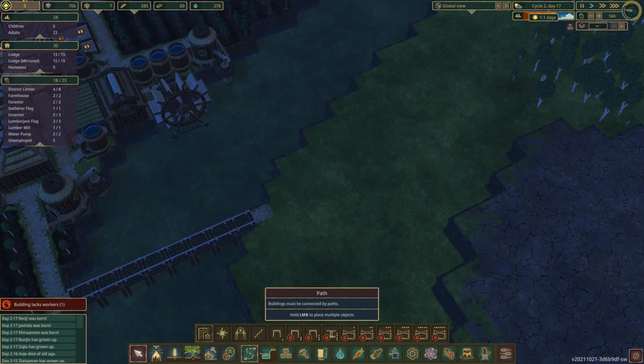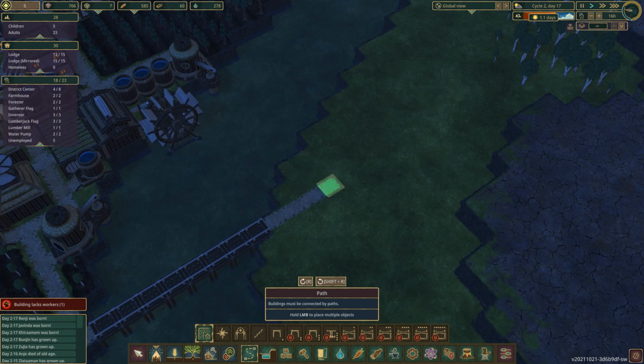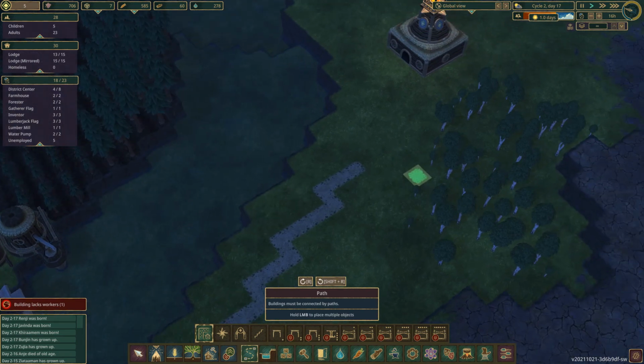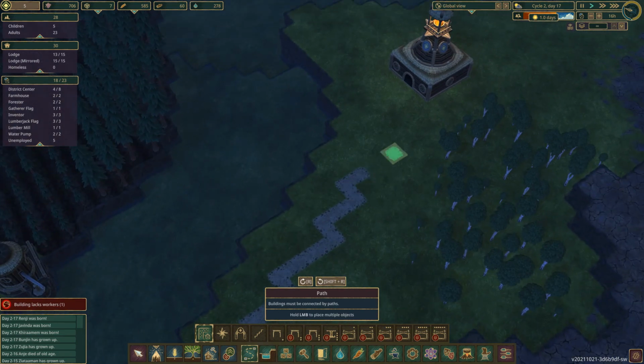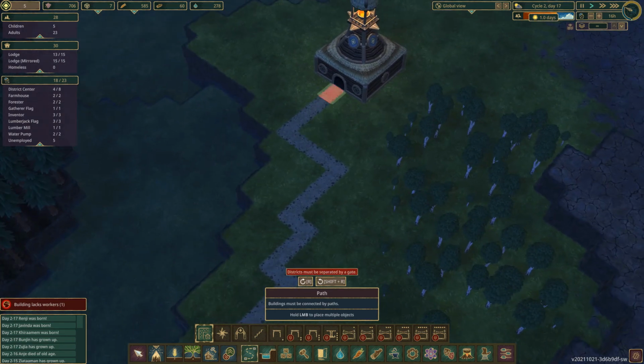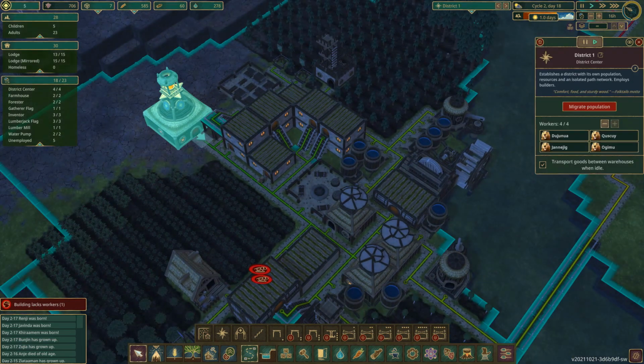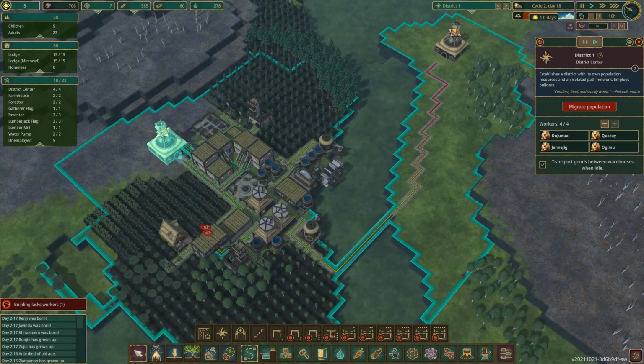Right, let's try that again. So if I bring the path like that, that then allows me that little bit of space right along the edge of the water there to add some structures in. Ooh. Districts must be separated by gates. Oh. Okay. So what does that... Oh, so that district...